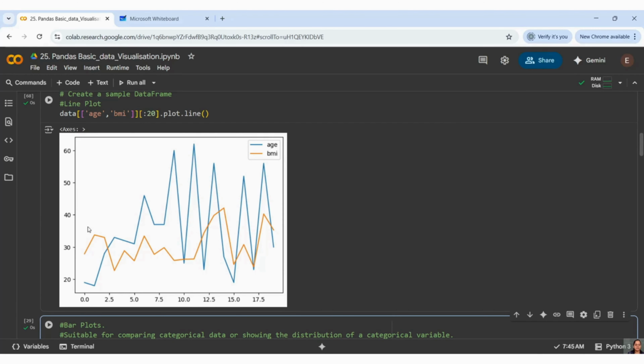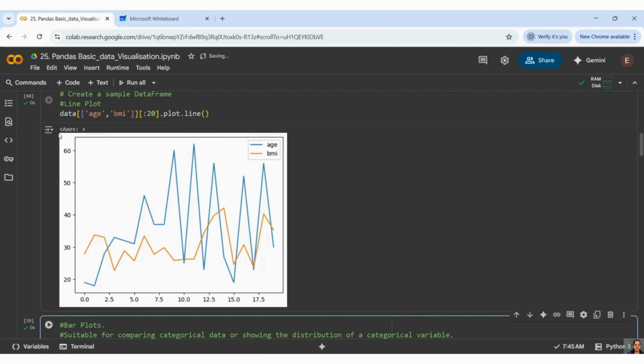So you can see, you don't have to do anything. This is a default plot, and it is taking a blue line and an orange line, and it has given the annotation. This is your annotation, guys, where it is written age and BMI. It is saying the blue line which was drawn is your age, and the orange line which was drawn is your BMI.